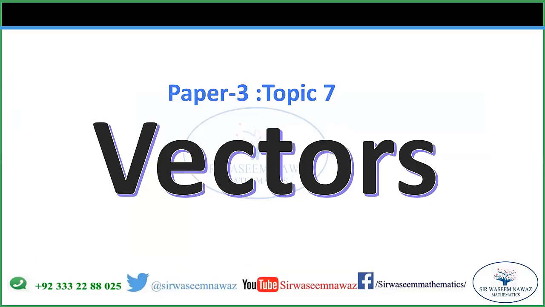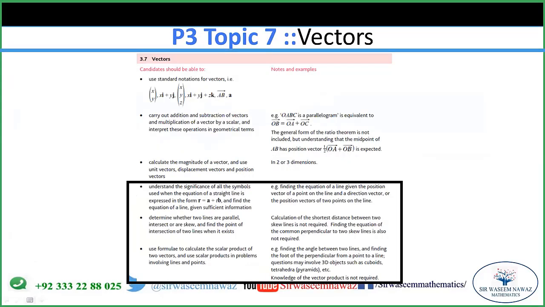We have to start our topic, vectors. This is topic 7 of your paper 3 of AS and A Levels, paper 3 topic 7, vectors. In this topic, we will discuss specifically the vector equation of a line in 3 dimensions. Also, we will discuss how to determine whether lines are parallel, whether they intersect or